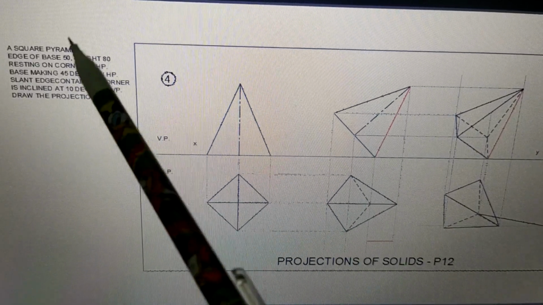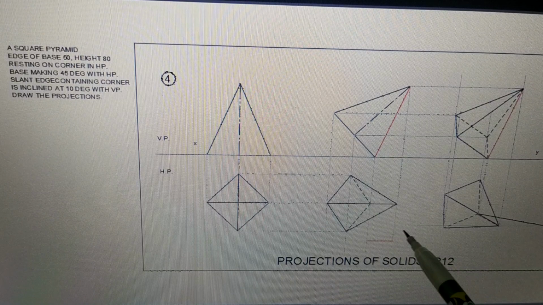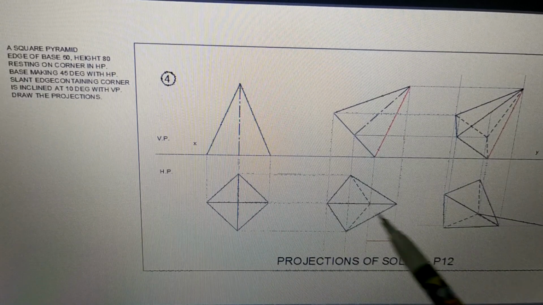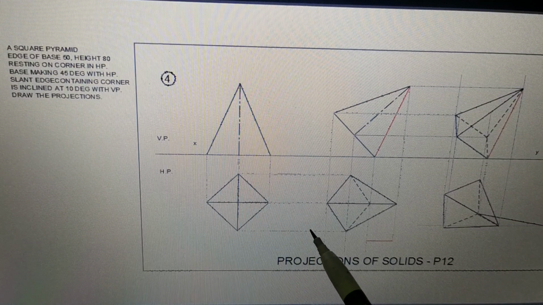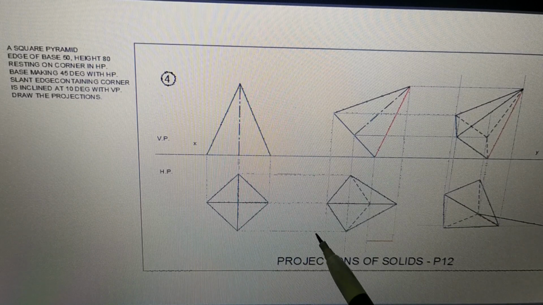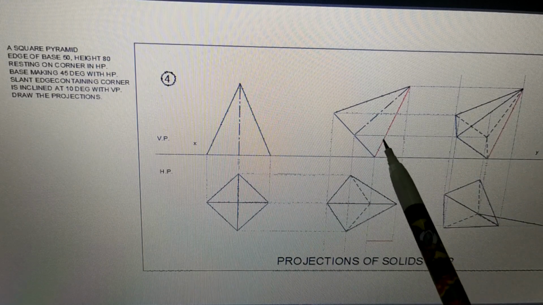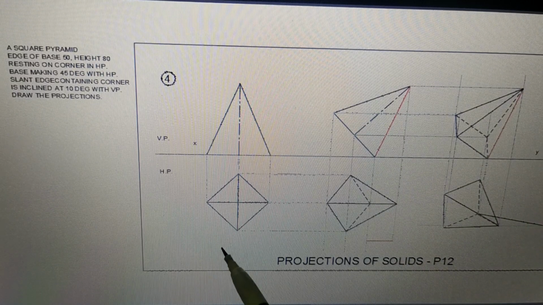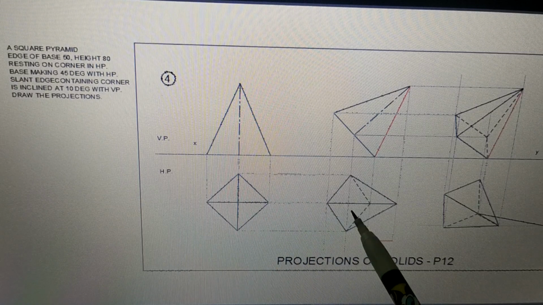Again, let me repeat, all the data that is shown here, 50, 80, 45 degrees with HP, 10 degrees with VP, then the locus line, true length, apparent length, all this information must be shown in the figure. When you are drawing all these figures, as you have already been told in earlier semesters, the line work is extremely important. The visible lines are shown as continuous. The lines which are not seen are shown as dotted lines. The construction lines you have to show as light lines, and the dimension lines as medium lines. So you should show three types of lines: dark lines, medium lines, and light lines.